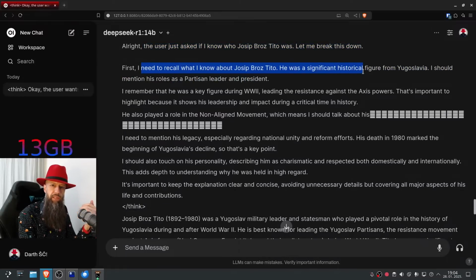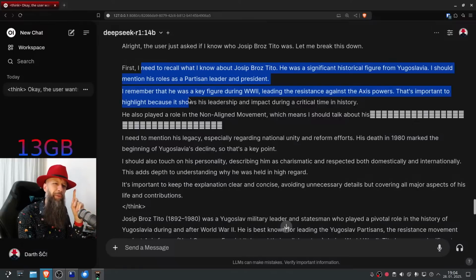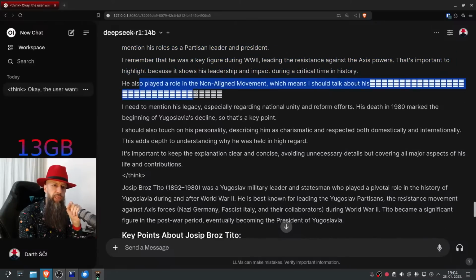He was a significant historical figure from Yugoslavia. I should mention his roles as a partisan leader and president. Remember? I remember. Nice touch. That he was a key figure during World War II, leading the resistance against the Axis powers. That is important to highlight because it shows his leadership and impact during a critical time in history. He also played a role in the non-aligned movement, which means I should talk about his